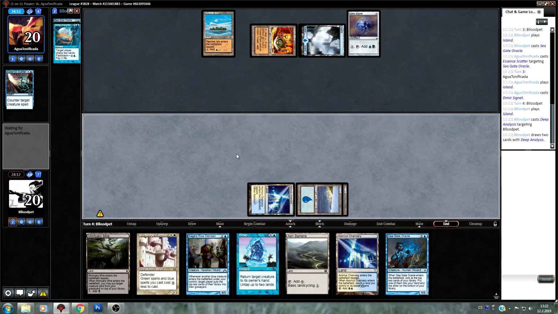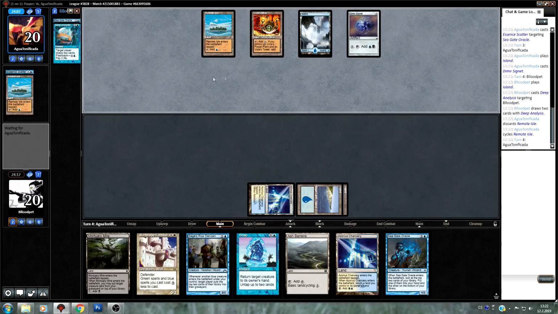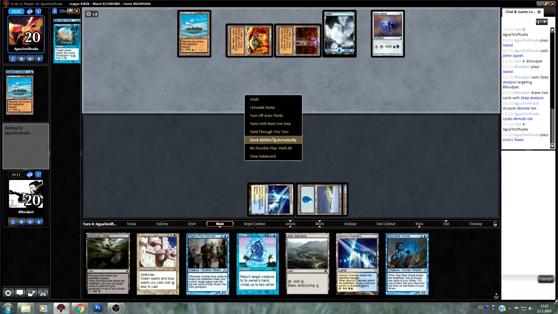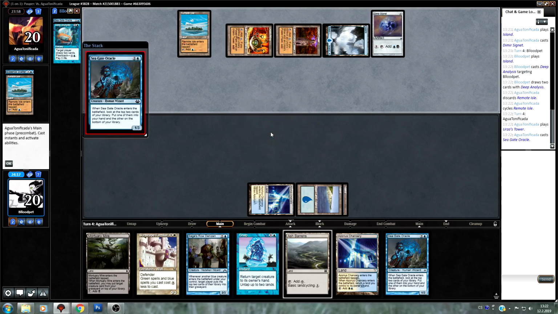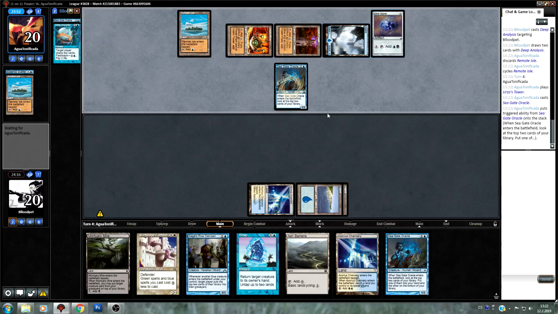Okay. Oh, yeah, I was wondering what they're tapping 2 mana for. Remote Island number 2. Not the usual build, I guess. But there's like a million ways how to build a Tron deck, so...